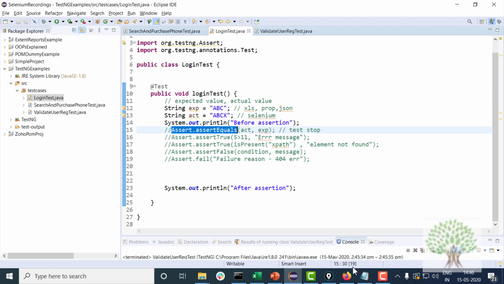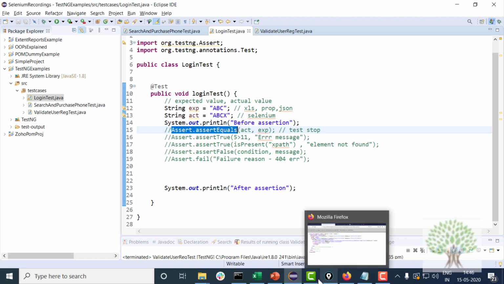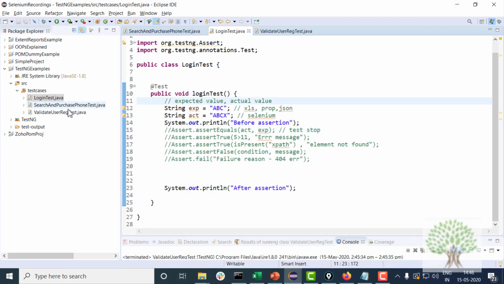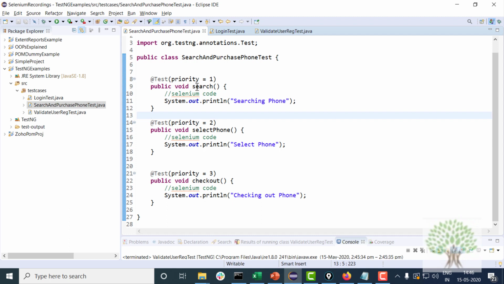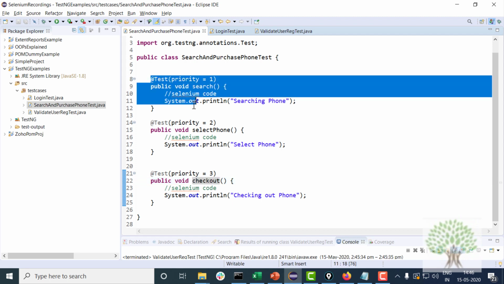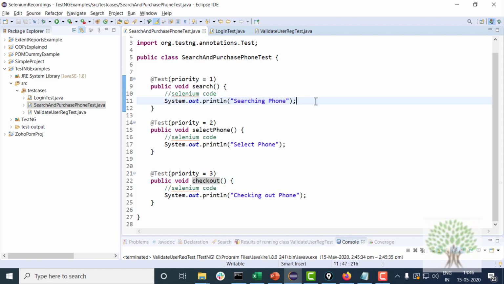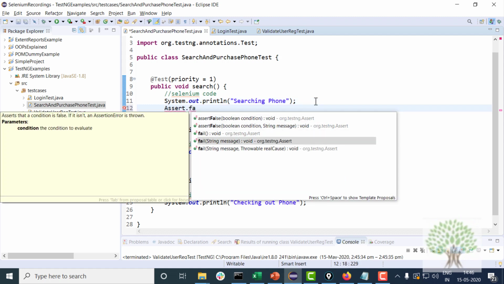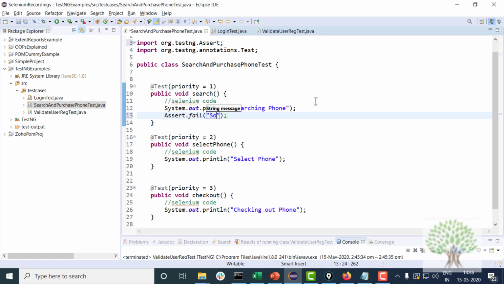Okay, now moving ahead, the next thing is dependency between the test cases. Okay, look, first of all, I had these three test cases: search test, select phone test, and checkout test. Suppose the search phone test fails, okay, I put assert.fail with some reason for failure.